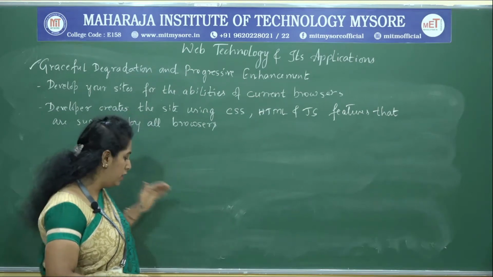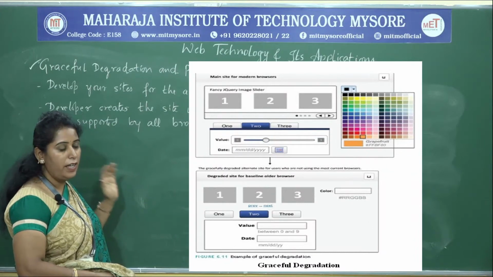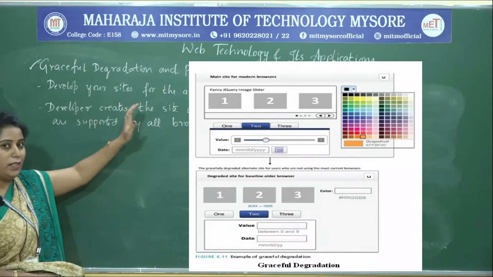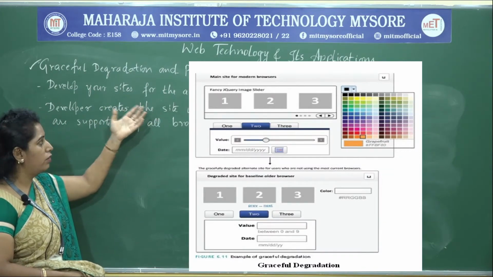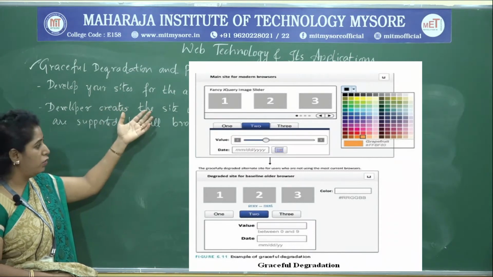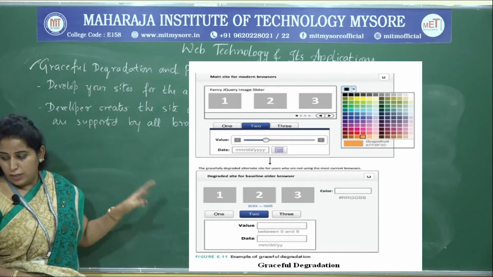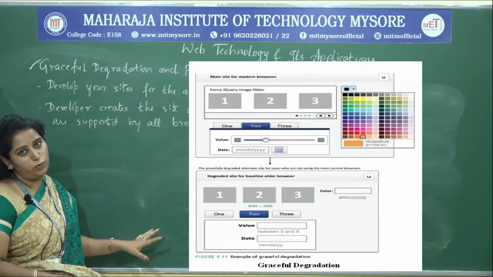Graceful degradation: you can look into this figure, which shows how the site is visible using the current, modern browser, and also how the site is visible, degraded, using the old browser.